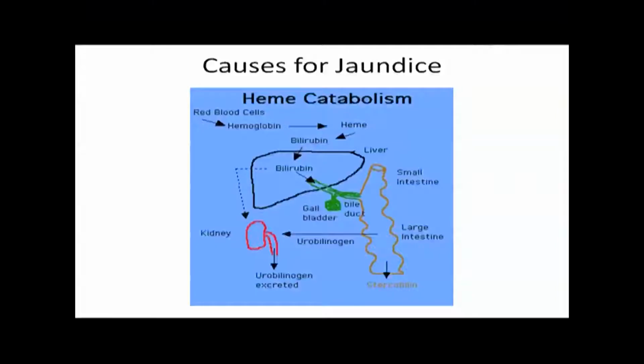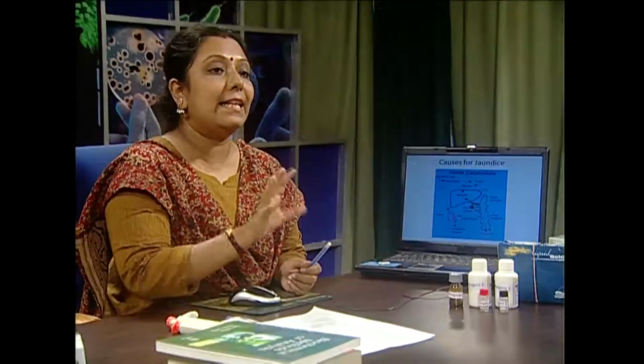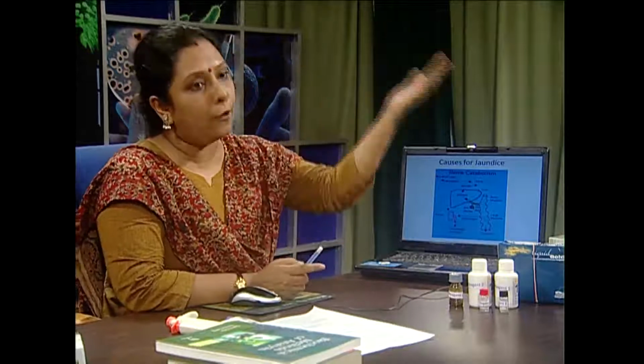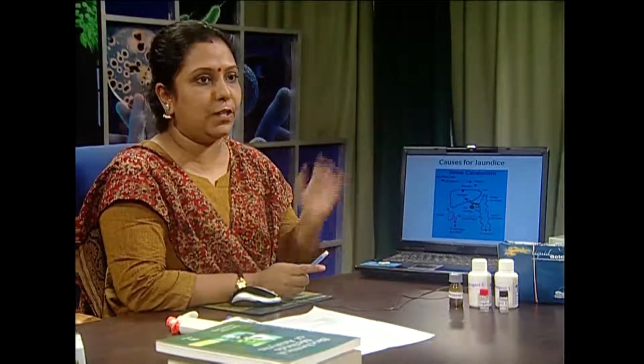When we are talking about heme catabolism, you can observe that the unconjugated bilirubin is getting produced when the biliverdin is reduced to bilirubin. If any problem occurs there, in case of hemolytic anemia or rapid hemolysis in case of neonates, then a higher amount of unconjugated bilirubin will be produced, which cannot be conjugated rapidly by the liver. That is pre-hepatic jaundice, because it actually happens before the hepatic or liver level.